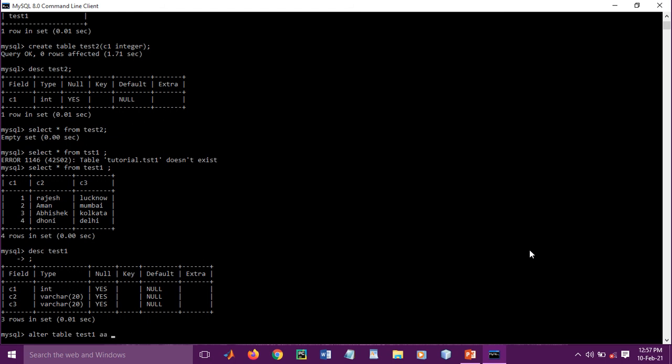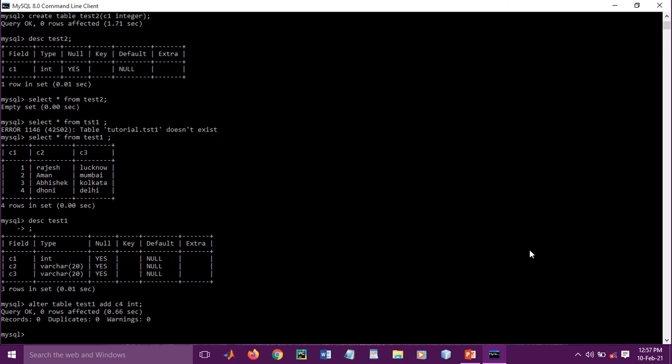Suppose we want to add a column named c4 with a data type of integer. This is the way: alter table name, add column c4 of type integer. Our table has successfully been updated with a new column.